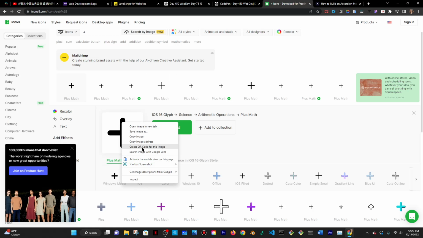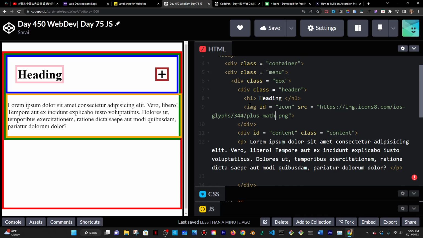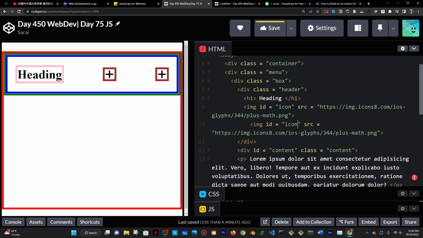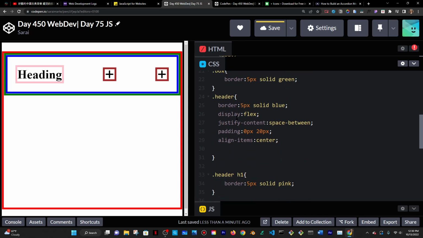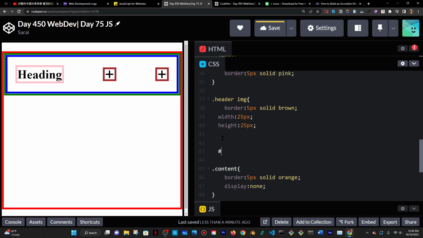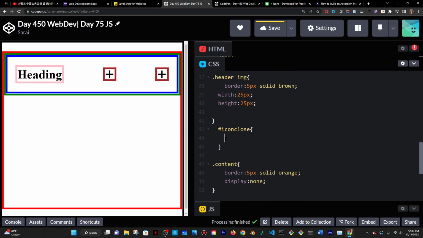So what I'll do is I'll go to my HTML and then just literally copy this, paste that in there, and then give it an ID of icon close. And then I'll go into my CSS and target the hashtag icon close and give it a display of none. So then this is only going to pop up when,